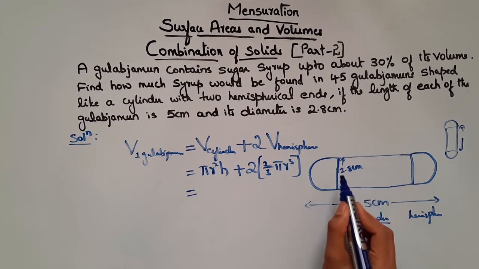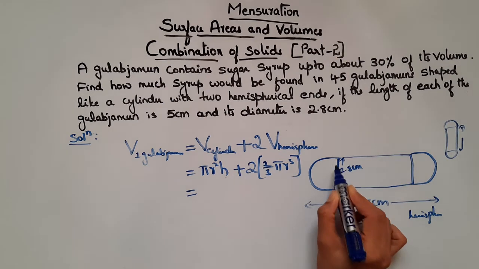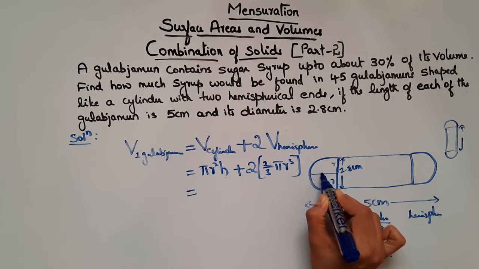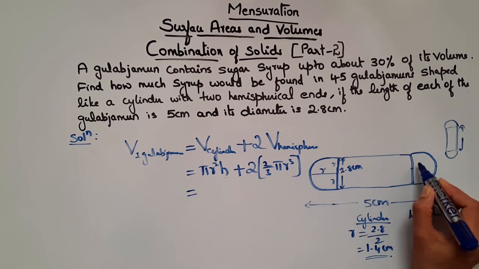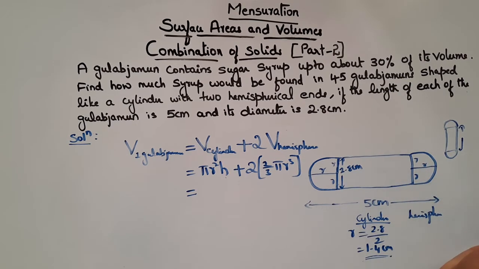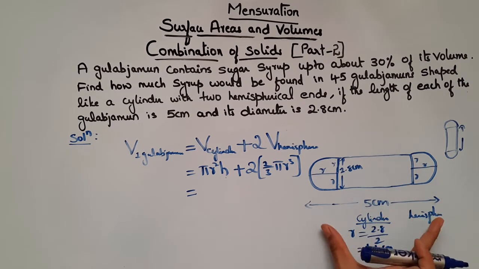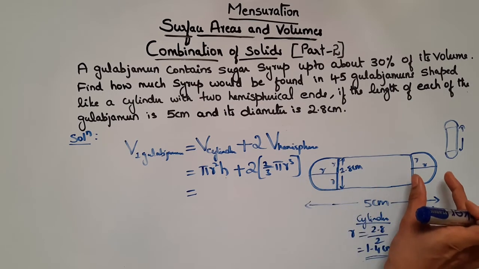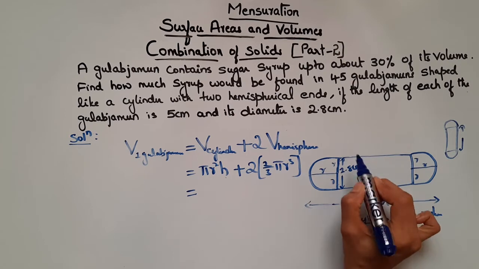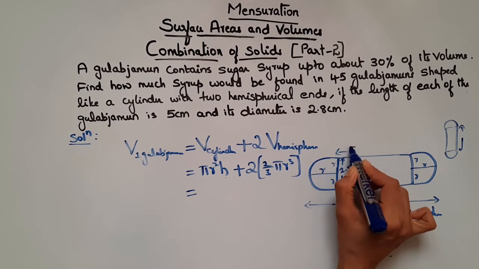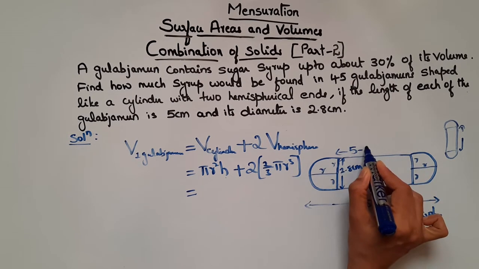If you see the figure, here this is the hemisphere. As I said, this is the radius midpoint, this is the radius r, this is also r, and we know this length is also r. Similarly, here this is r, and this is also r, right? So from the entire length, if you minus this r and this r, will give you this length, right? Which is nothing but 5 minus 2 times r.